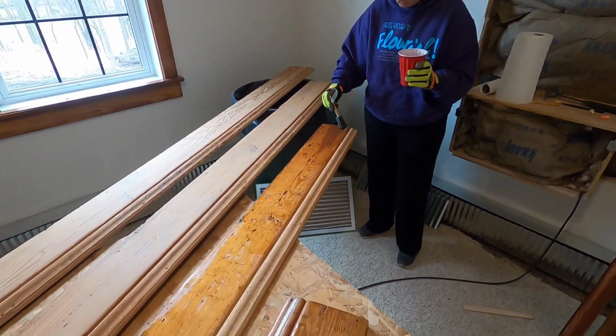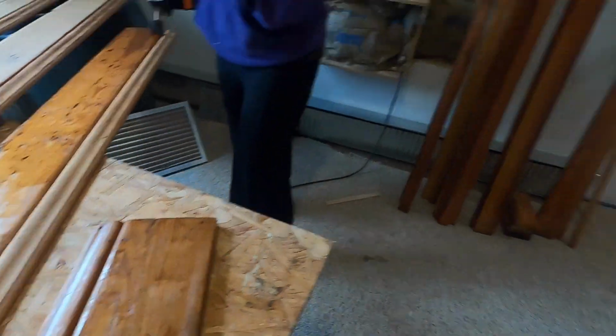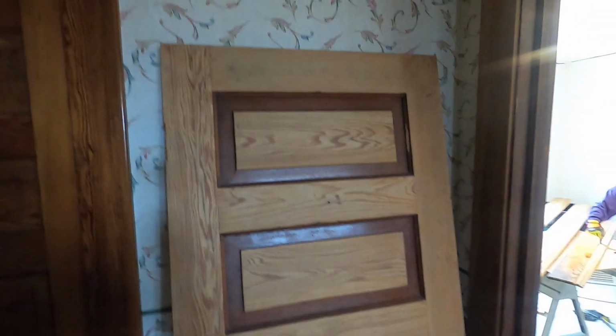Alright, so she's got 2 more to do here, plus this little one, so I guess it is kind of 3. And she's going to put another coat on this door trim. I got the door sanded yesterday, mostly, except for that inner part, which we're gonna have to use some sort of varnish stripper on. I don't want to use the wire wheel or my sander. Can't get in there really without damaging the